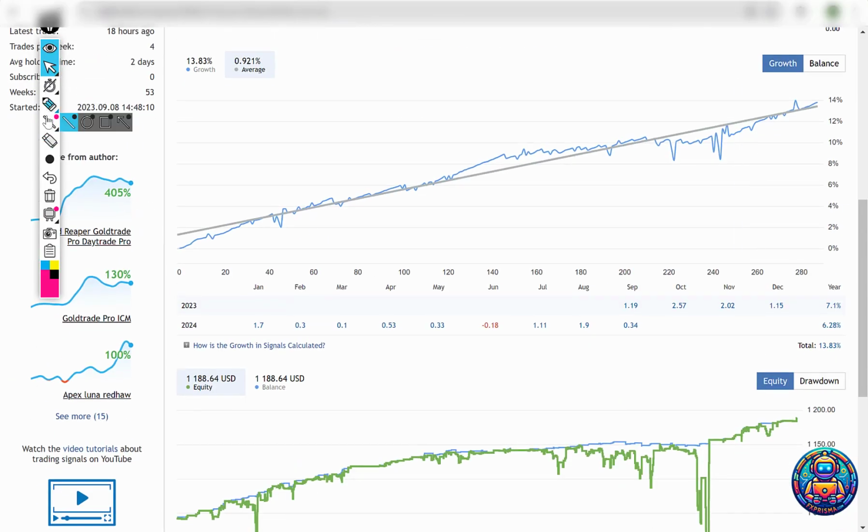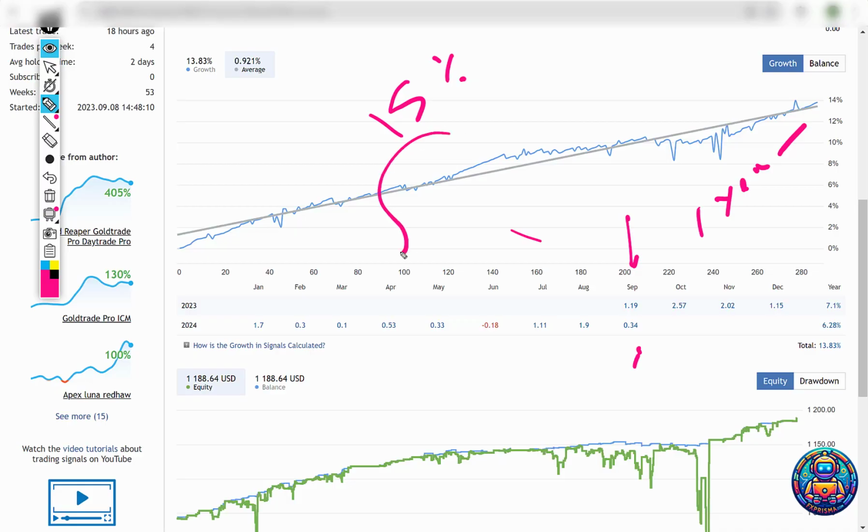This EA has been trading since last September, so it is basically 1 year if you calculate it, and you can see on a monthly basis 1%, 2 to 3. I mean, the EA is not bad, but the problem is the drawdown is quite high in comparison to the profit you will get. If I get 2 to 5% with 50% drawdown, that is good for me because this is how Forex works in the long term. But if you give me 0.1, 0.5 with 50% drawdown, I would say it is not going to be the most